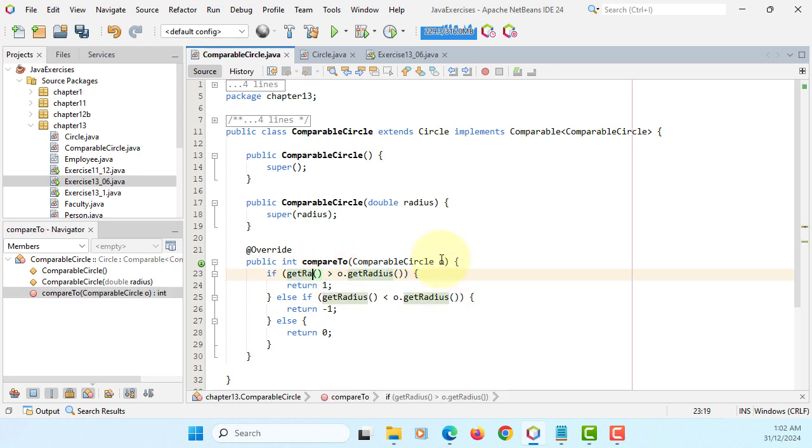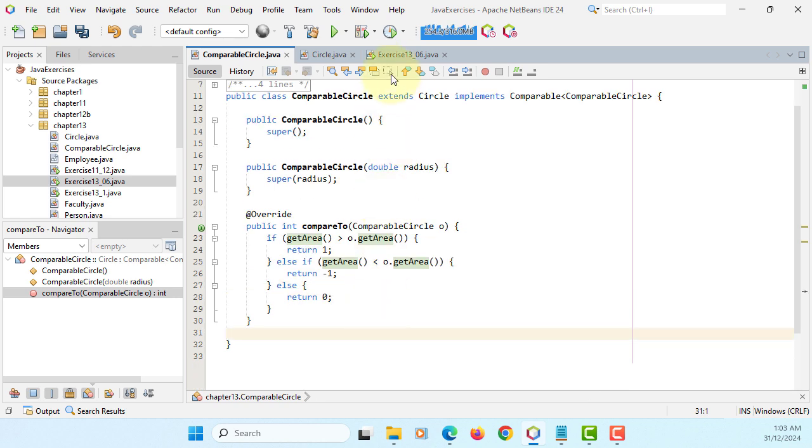We're supposed to get area. Let me just fix it. Get area. Get area. I said when you run this program, the output will be the same. Okay, it's going to return